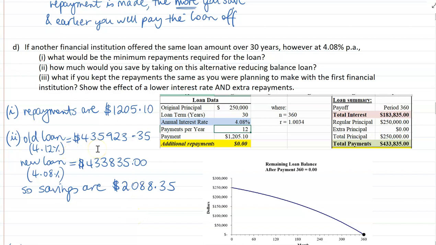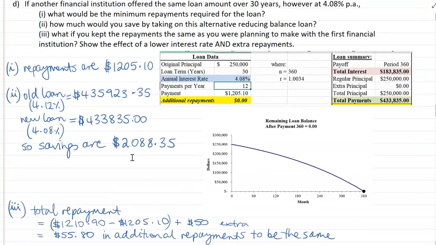Well, the old loan gave me a total of $435,923.35. This new loan was $433,835. So all up, I'd save $2,088.35. Now, that isn't a huge amount of money over 30 years. So shopping around for a lower interest rate loan does save you some money, but as you can see, not as much money as if you were to make extra repayments or lump sum deposits over the duration of the